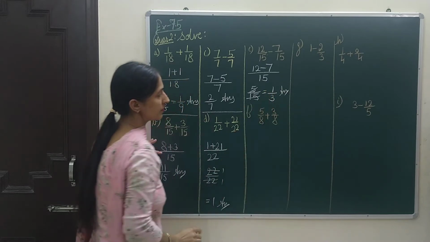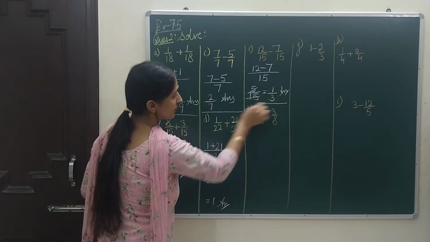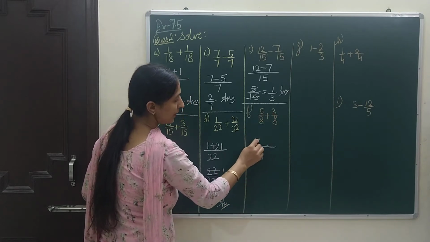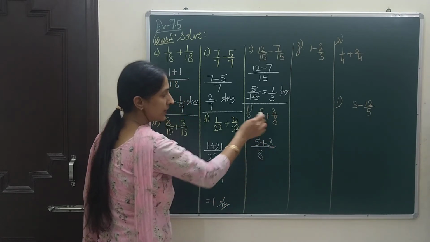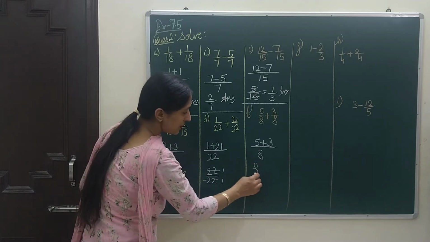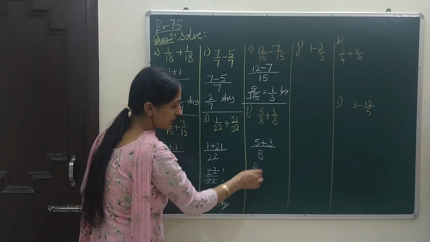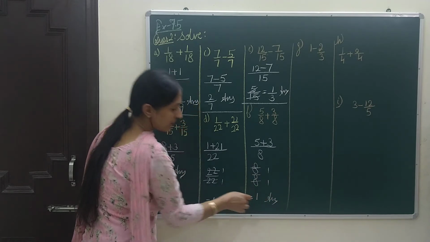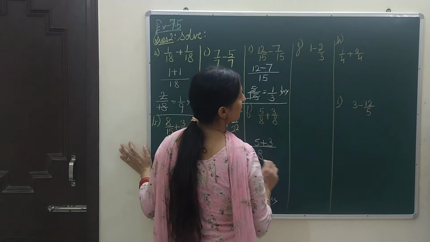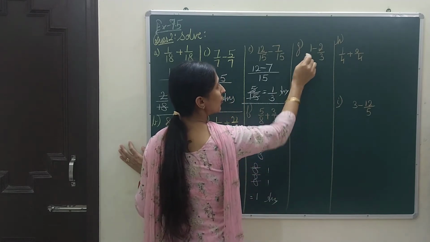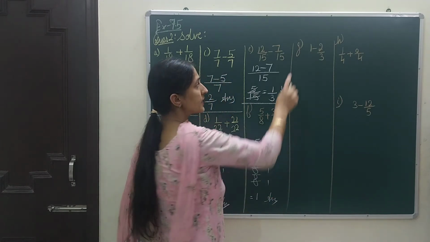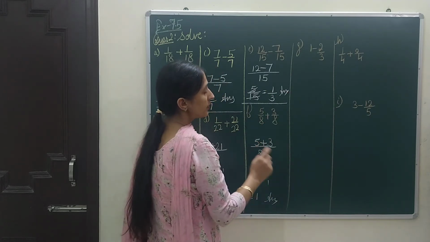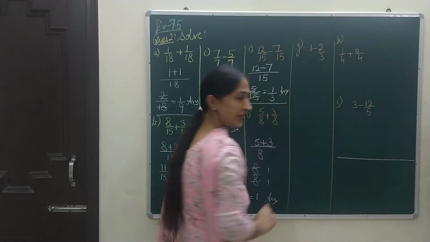Okay, the next question, the F part: here 8 is there in the denominator, and for numerators I will add as there is an addition sign in between, and my answer is 8 by 8. As these both can be cancelled by the table of 1, my final answer is 1. Here is the G part. If you see here, no denominator is given. These are not like fractions, but we can make these like fractions. To explain this, I will give you one example.